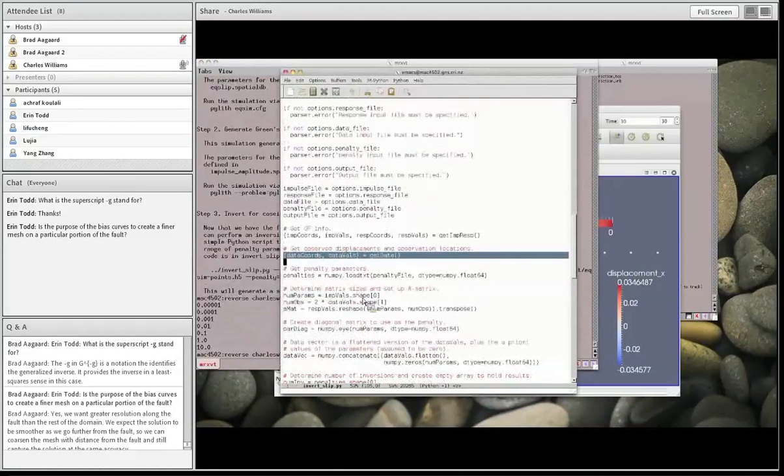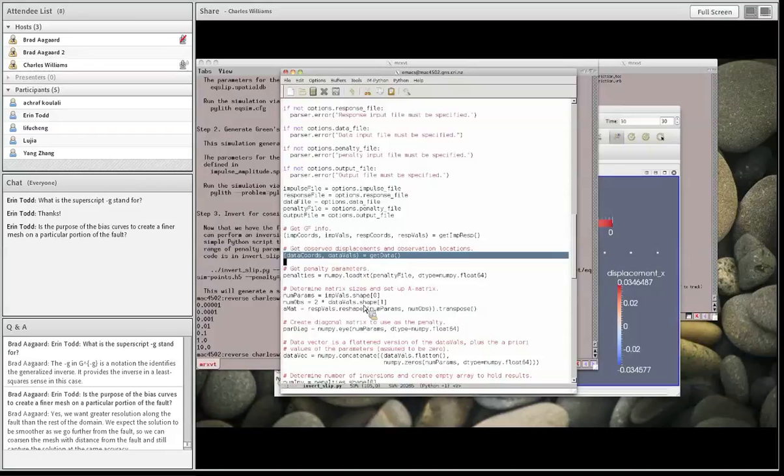And then we have our number of parameters, which is the number of slip values that we're solving for. The number of observations is twice the number of data points, since we have both x and y displacements at